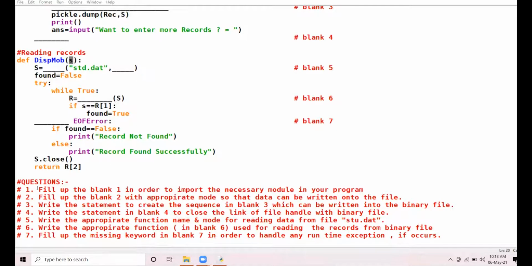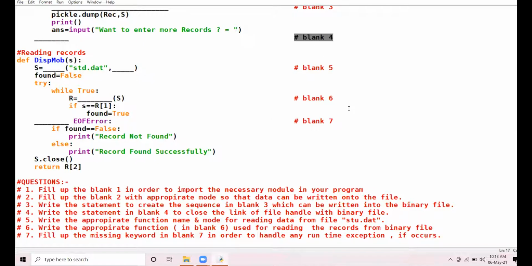Fill up the blank one in order to import the necessary module in your program. Before you start attempting the case study, you have to keep in mind one thing: these blank headings.